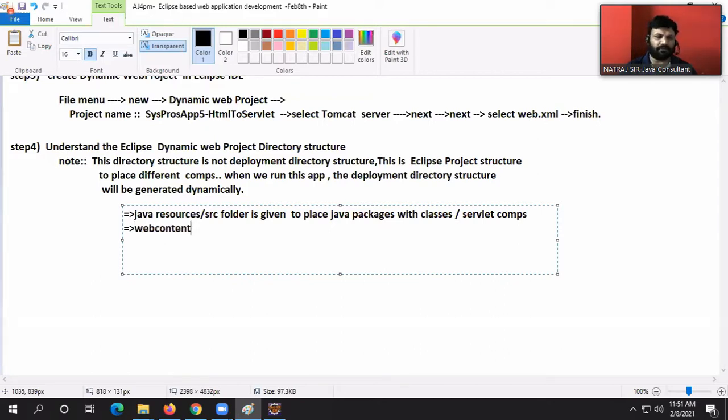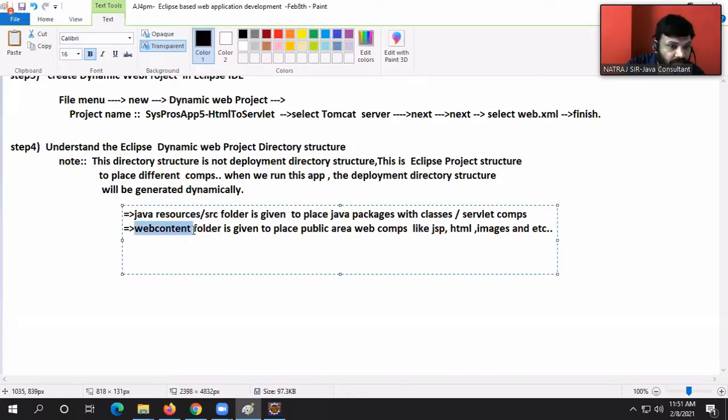The WebContent folder is given to place public area web components, like JSP, HTML, images, and etc. Which folder, guys?